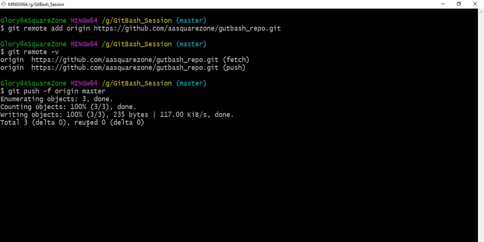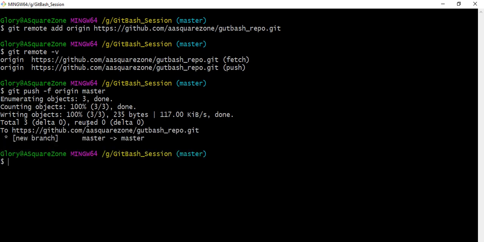See, here now the file, only one file we created. So how many files can you create? Multiple. You can create multiple files, and you can add first from local working area to staging area. From staging area you can commit to local repository. From there you have to push your files to global repo. Okay, now it is up to date as it is showing.